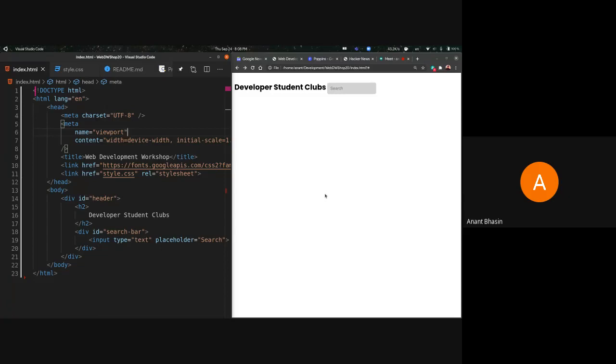Either you can rename the file as Saya mentioned, so that solves the case issue because it becomes a new file altogether, or you can just press Ctrl Shift R. This is in Chrome and Windows, I guess. So it's still not working. Okay, let's go into that in a bit. There might be some syntax issue or something which should not be there. Otherwise, if it's a cache issue, you can just do Control Shift R.